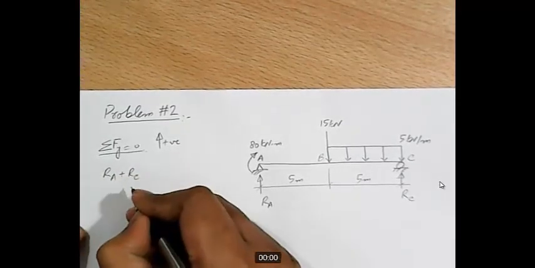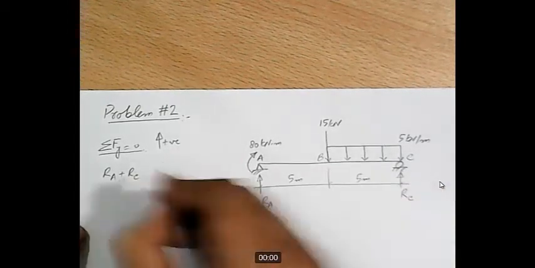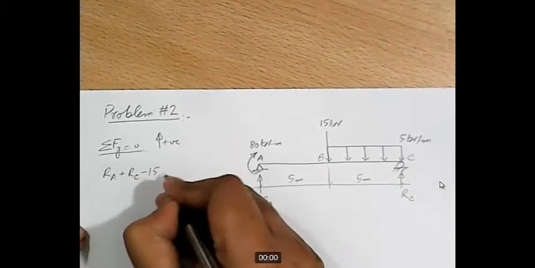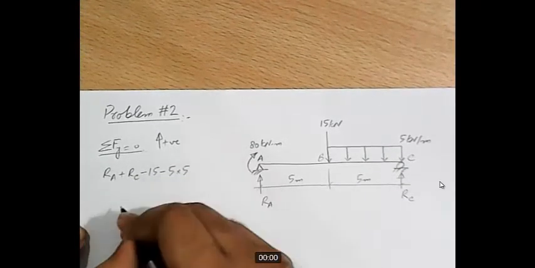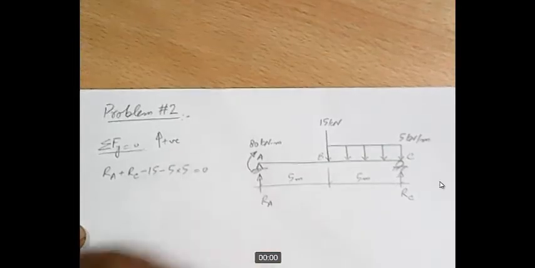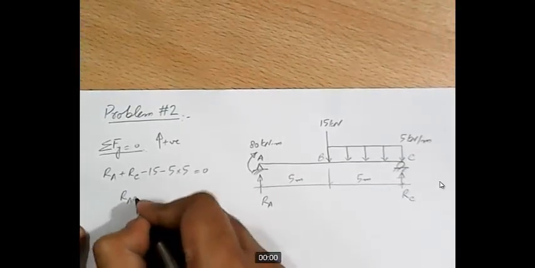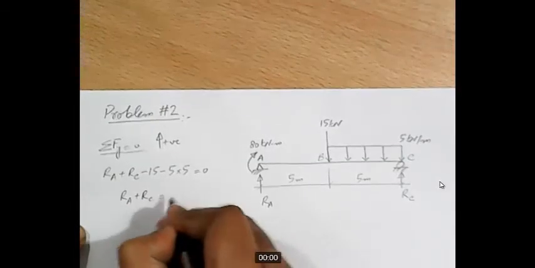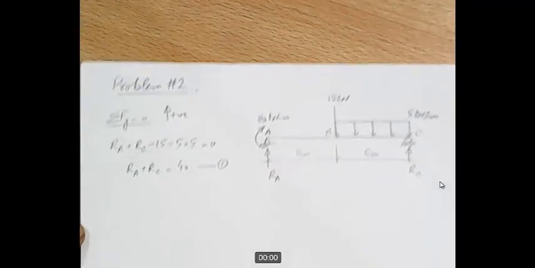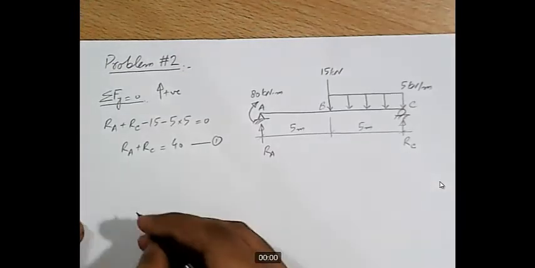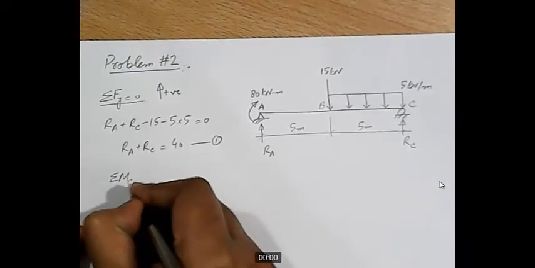These are the two forces acting in the upward direction, both are reactions, and then we have minus 15 kilonewton force acting in the downward direction, and resultant of the UDL is minus 5 into 5, and this should be equal to 0. If we rearrange this equation, we get Ra plus Rc equal to 40. Let's call this equation number 1,